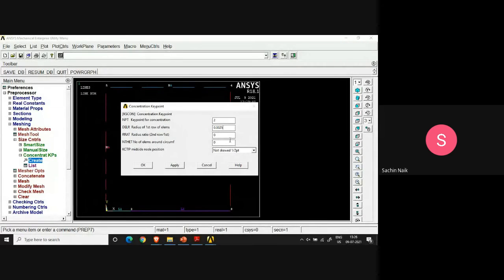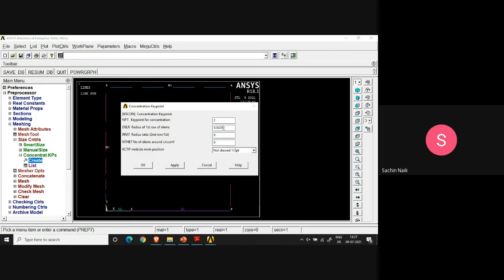You can take a value smaller than this or slightly bigger than this also, and study its effects on the result. All of us know that finite element will give you more accurate results if smaller sized elements are used. Smaller sized elements means more number of elements. But when you use more elements, the finite element analysis may take an unreasonably long time. And therefore, a good user will always strike a balance between the size of the mesh, so that the computational time required is minimum, but the accuracy is acceptable and maximum. Those are the words in which I would like to put it.